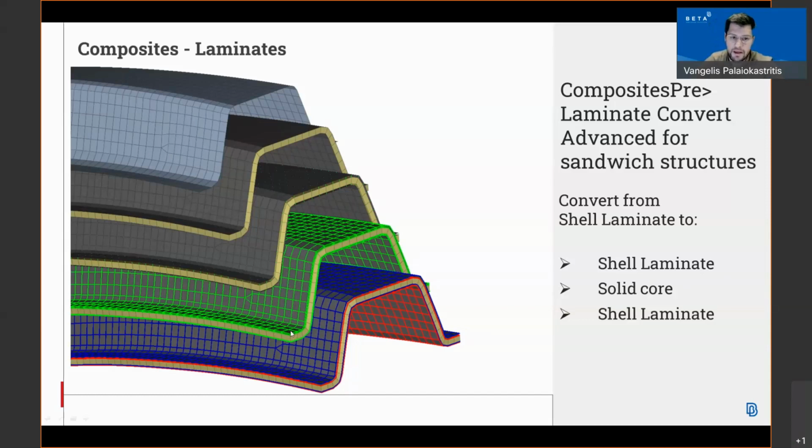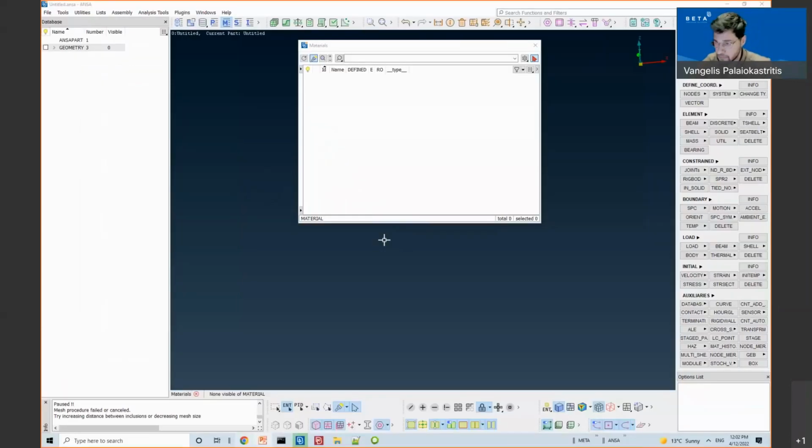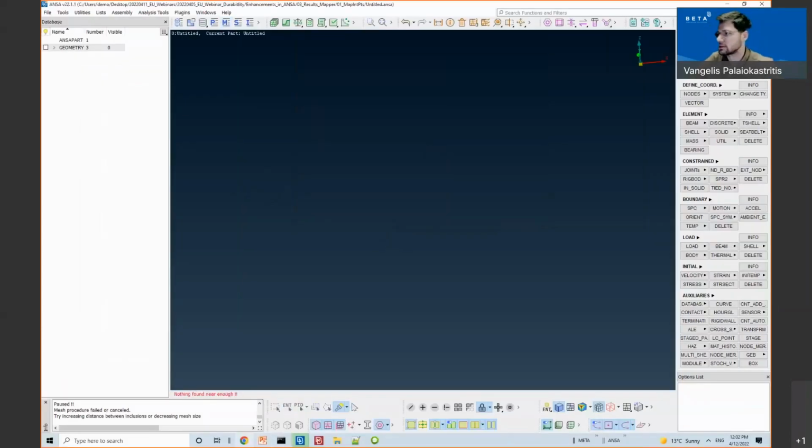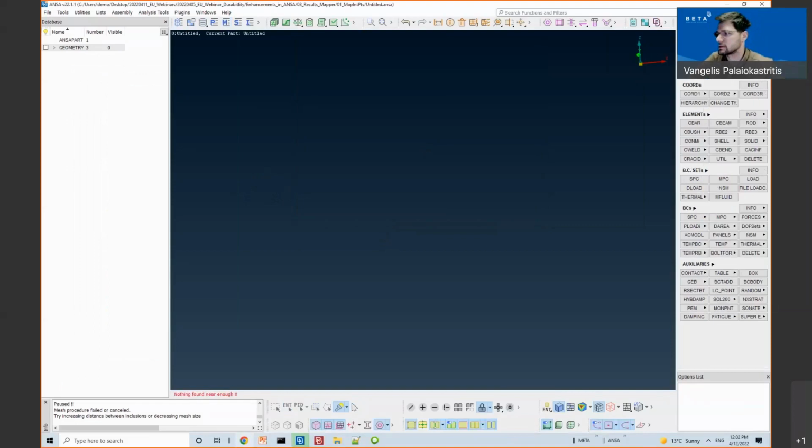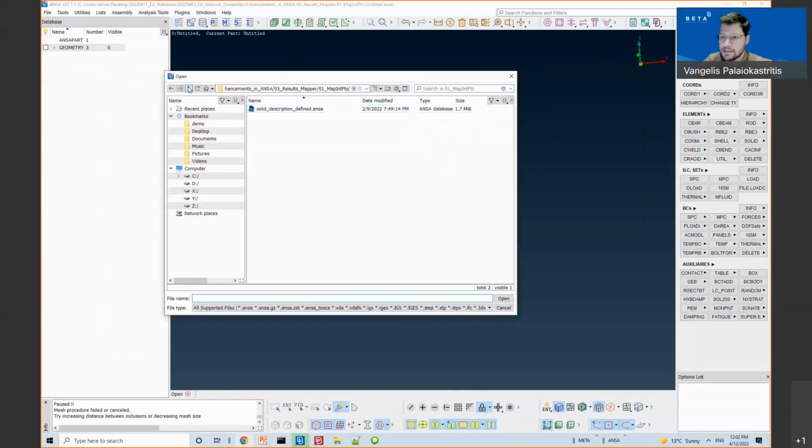Moreover, the cell to solid interfaces can be modeled with common node interface, beam elements, cohesive elements, and contact pairs. So let's see this example in Nanza.